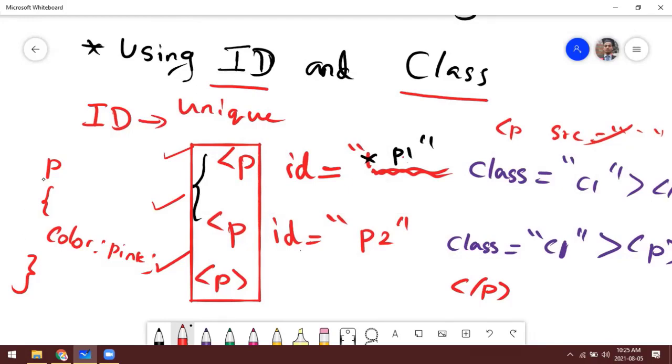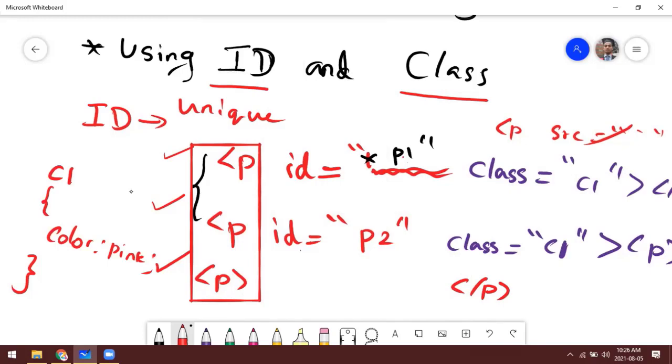Now, instead of the paragraph tag, you can use class as the reference. In that case, what's the class name? C1. Here, the paragraph tag is identifiable, right? Because it has a meaning. It's a default tag in HTML, so it will be identified by the web browser.